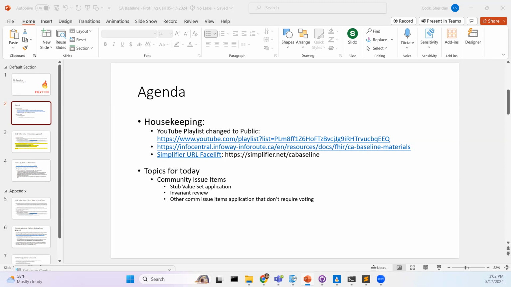So we just started discussing the stub value sets as one of the areas that we wanted to apply in the last round of profilings, but more from a decision-making perspective on the last governance call. And then there were some items in our community issue log around invariants. And so we thought it would be a helpful